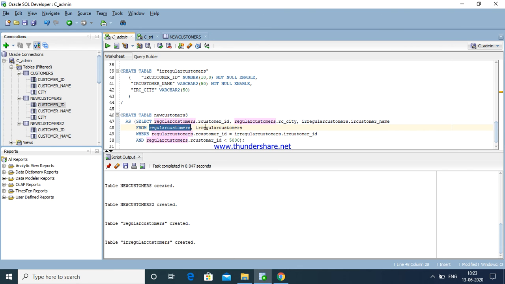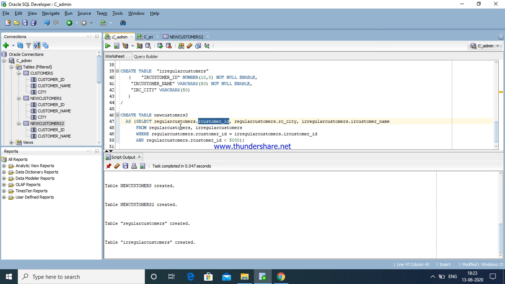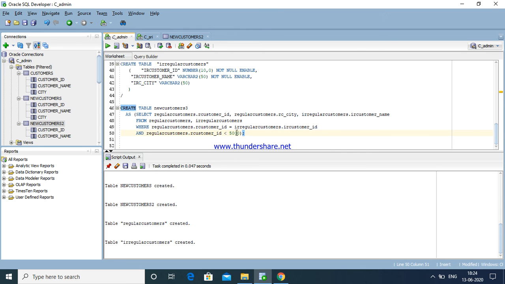See here, columns from 2 staging tables. Last time we copied only 2 columns from 1 staging table, where actually there were 3 columns. Now we are going to copy from 2 staging tables, regular customer and irregular customer, where both ID columns are equal. The data will be copied into the staging table.